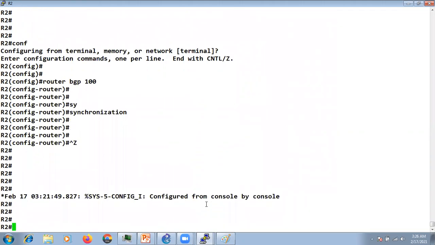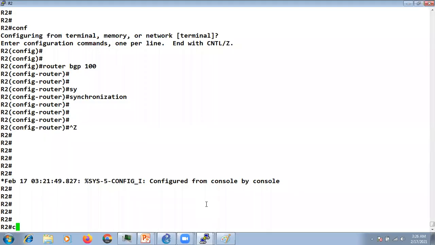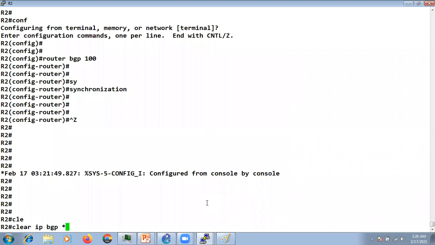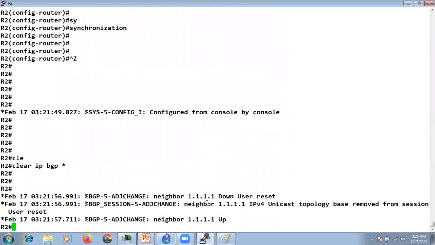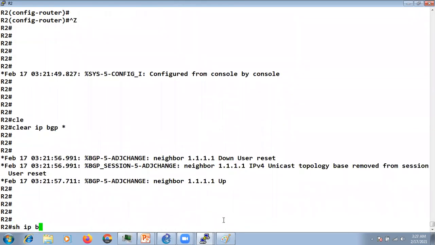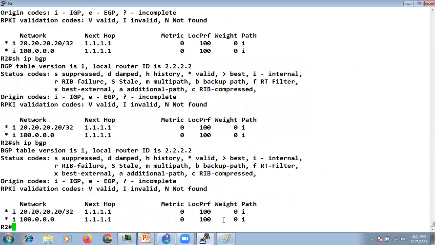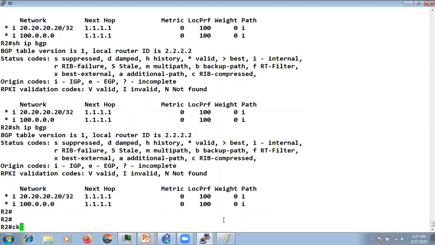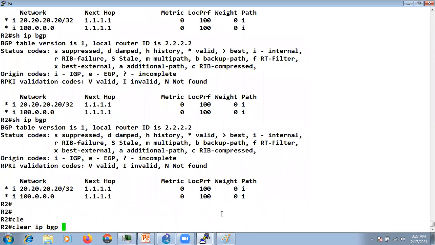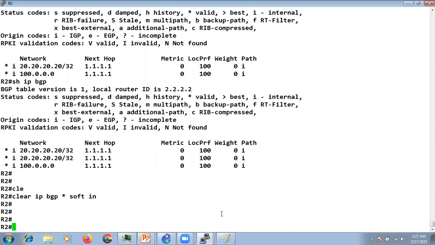Now synchronization is on. Let's break the neighborship. I'll say clear ip bgp *. Neighborship is up, right? Wait. Clear ip bgp * soft in.